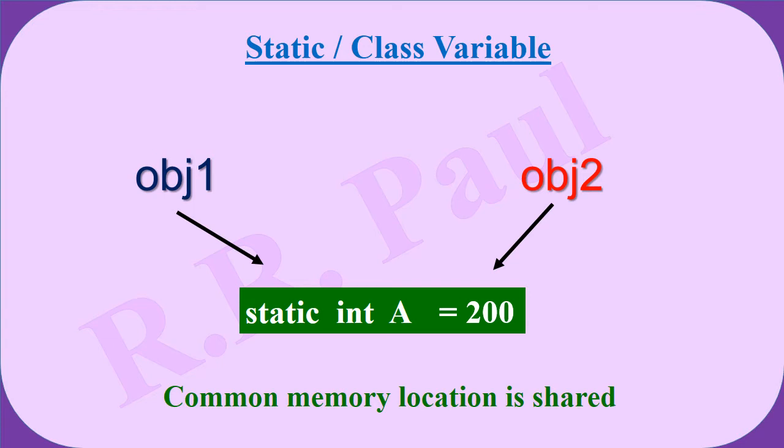In other words, this common location, which is named A in RAM, is being shared between multiple objects. Being static, it is being shared between multiple objects. So, you must have noticed that it's of no use controlling the same memory location through different names because a common value is maintained in it.